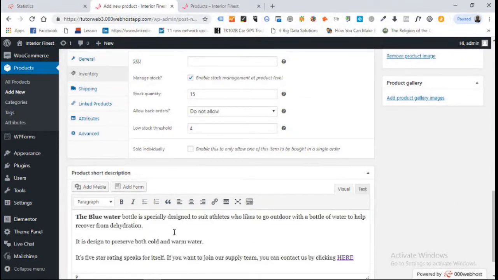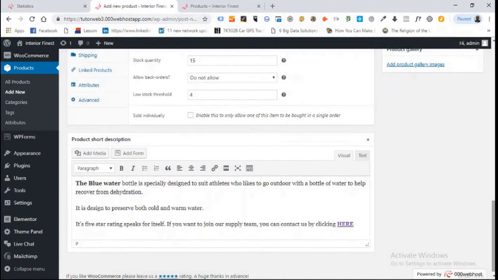And so we can also scroll down and add our description. I already copied the description and I pasted it here. One of the things I did here is I also added a link to our contact us page. So I'm going to show you how to add a link to it. I said contact us by clicking here,